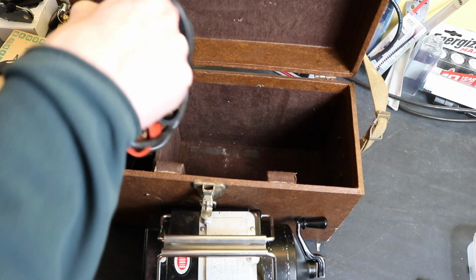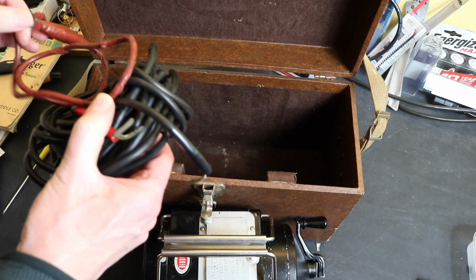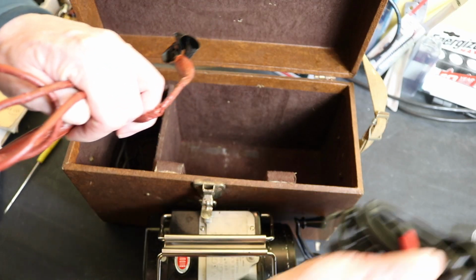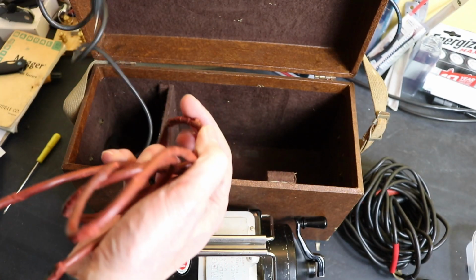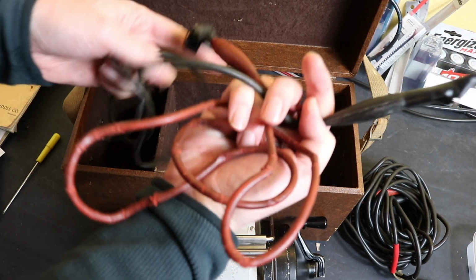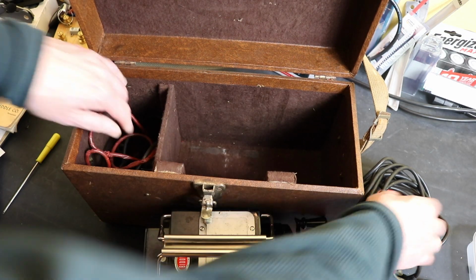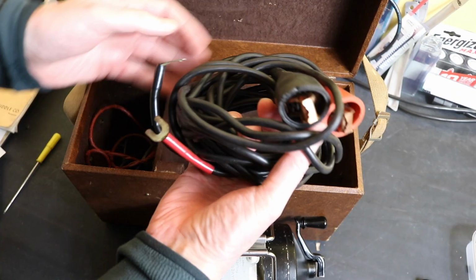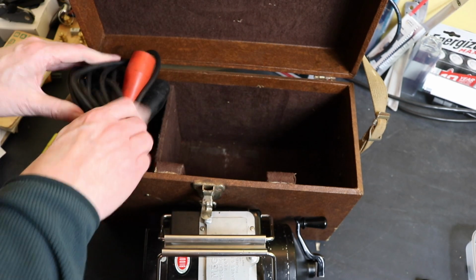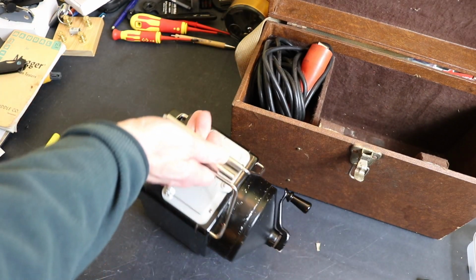And we do have leads as well, which are a little bit, the red ones are a little bit worse for wear, and so I think these would probably be the original leads that came with it. They're in the worst condition, and then we've got another set of leads, so I'm not sure if these are original or whether they've been purchased afterwards. Okay, so we'll just put him over to the side, and